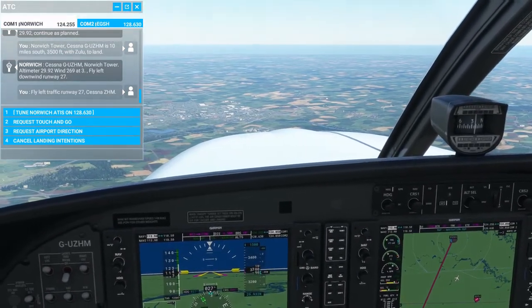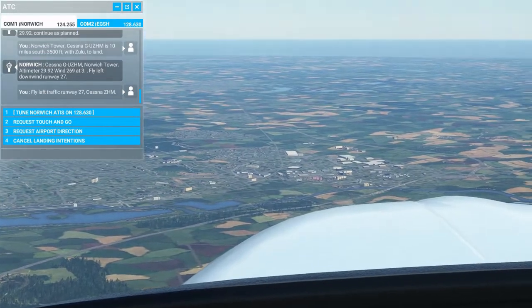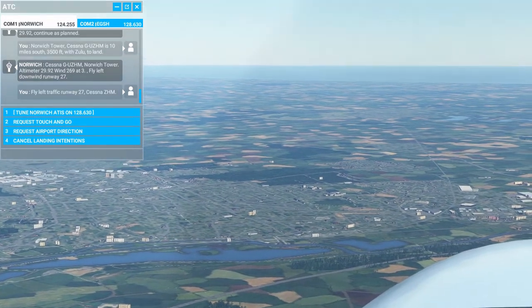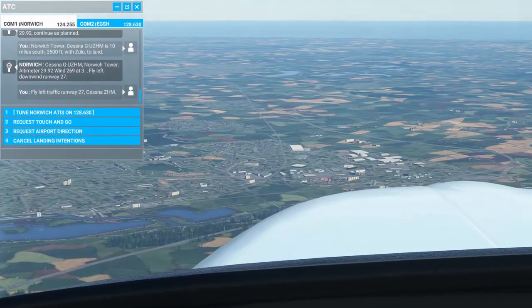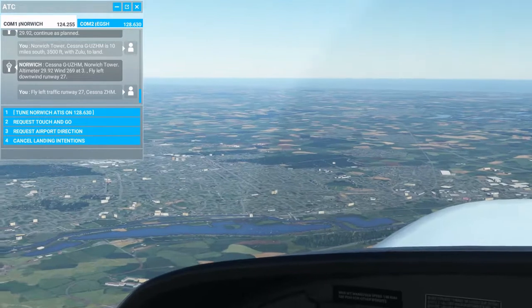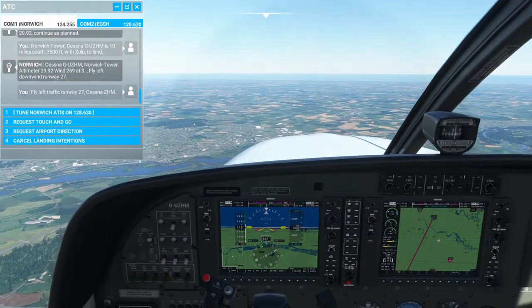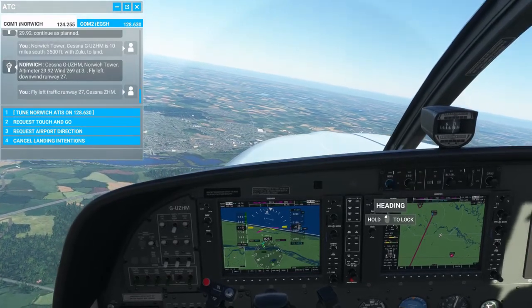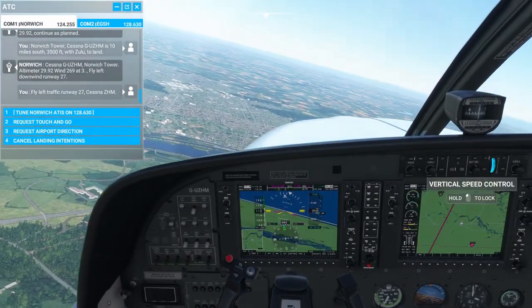Okay, so you've got this waterway here. And then, is that it? That could be it there. No, it's not it, because it should be over that direction slightly. Okay, what we will do is we will head, there we go, head directly for the airport. I'll be able to see it, and then we'll be able to enter the...